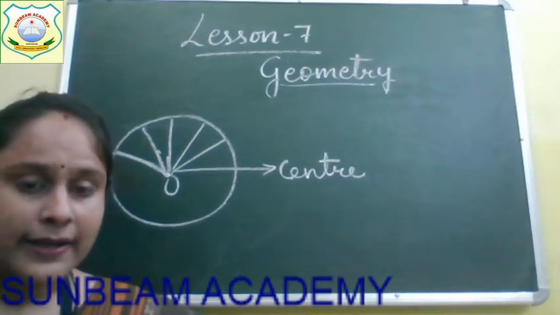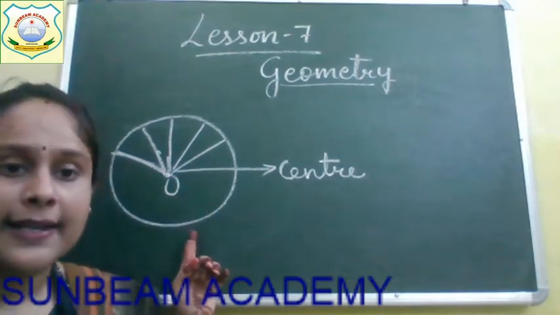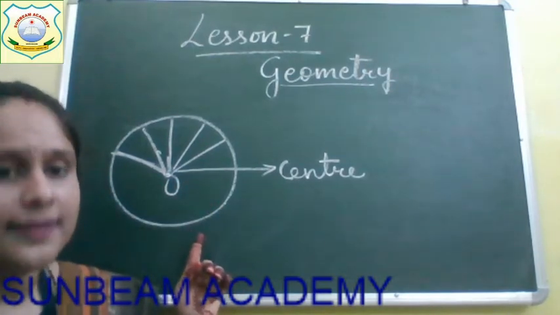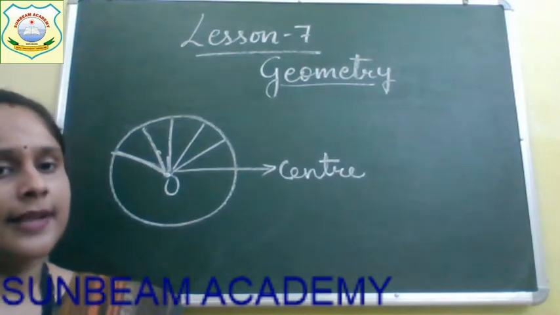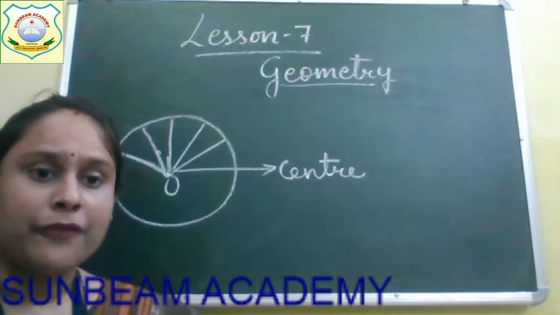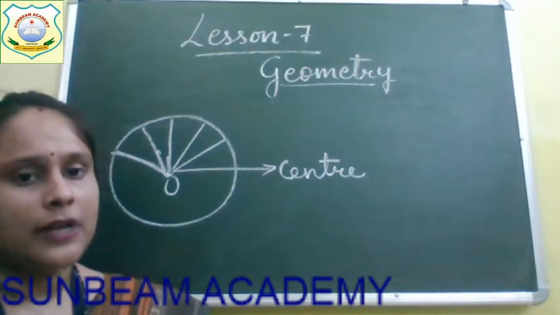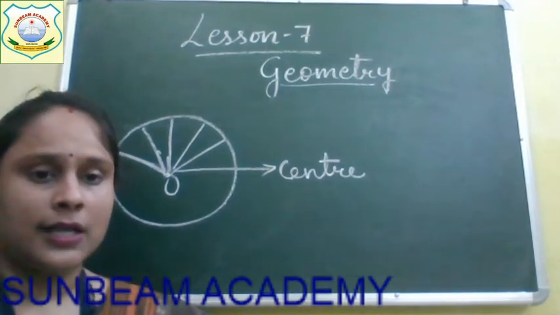So this is what the center is. Center is the बीचों बीच जो point होता है, that is known as the center of a circle. It is in the interior of the circle, circle के अंदर होता है. It is the point from where we put the needle of the compass and draw the circle. So I hope now the center of a circle is clear to you.